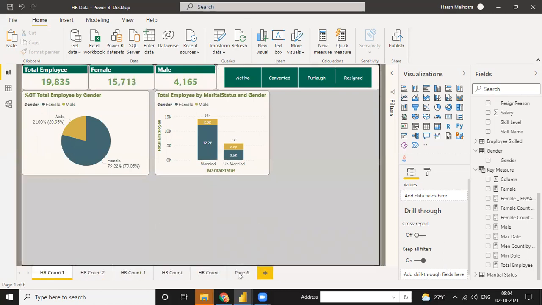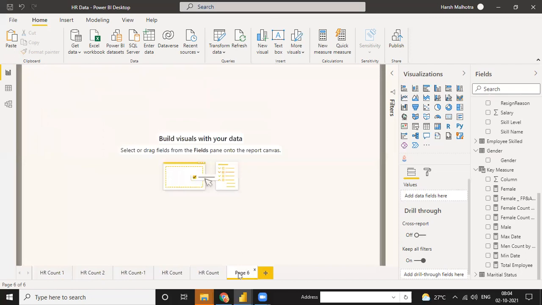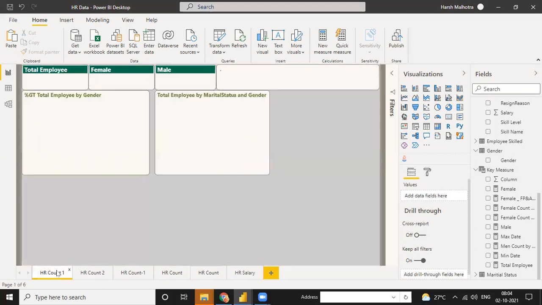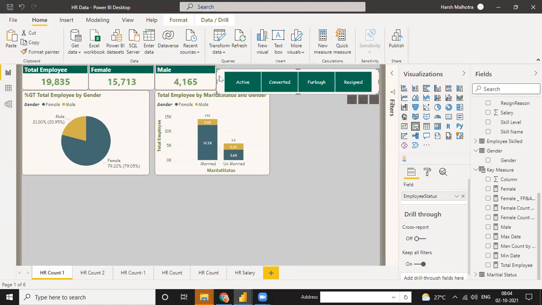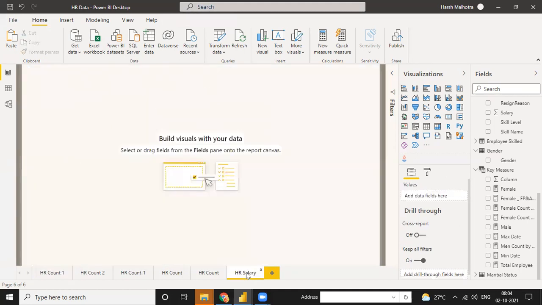So now I am going to use salary. Okay, because salary is also part of employee. Right now I'm just using salary. So for the salary, I can use a measure. See, first I use employee count. Just move this slicer, copy, and just go to the salary and paste it.